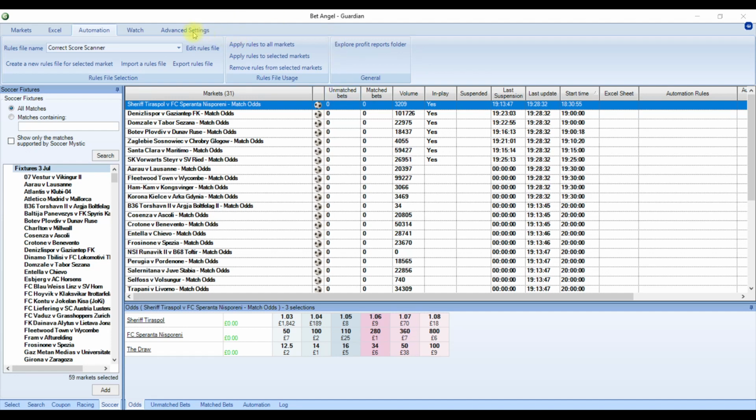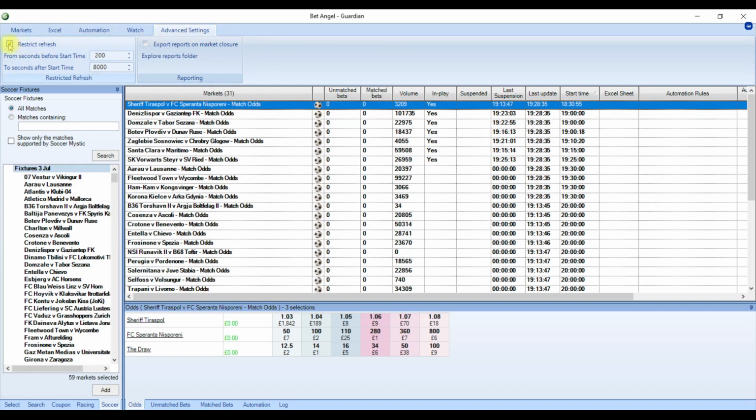The first thing to do is come over to your advanced tab, and by default your restrict refresh is off. I always have this on, and I have mine set to 200 seconds before the event starts and 8,000 seconds after the event starts, which is around 133 minutes. This means taking the 15-minute halftime break into consideration and an extended period of injury time, especially at the minute where we have the first half, second half, and mid-half breaks. This will get you to about 20 minutes after the event should have finished, so it's plenty of time even